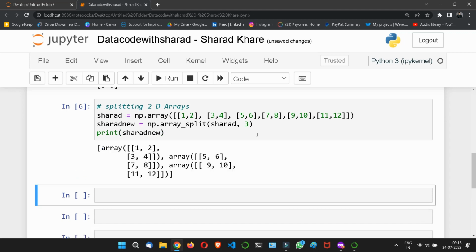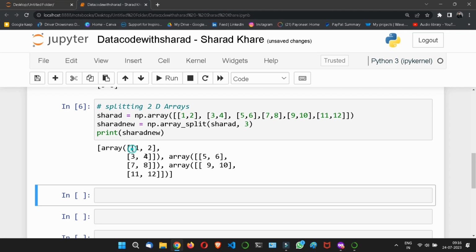If I run this, you can see all of the arrays got printed. What we did here is divide it in 3 parts. This is the first part, then the second, then the third,